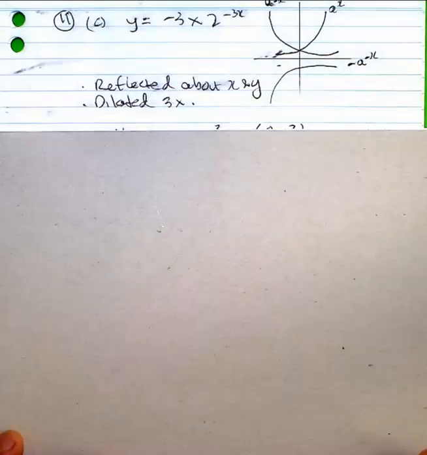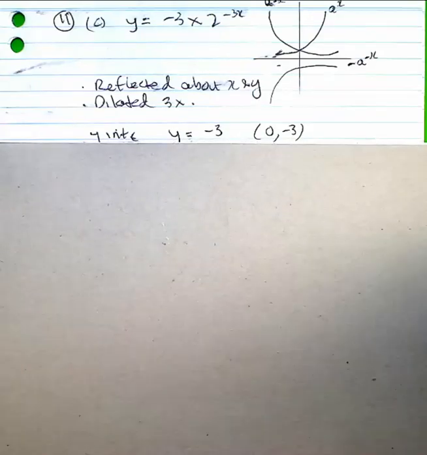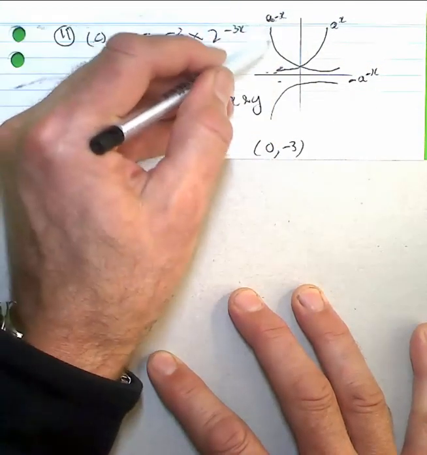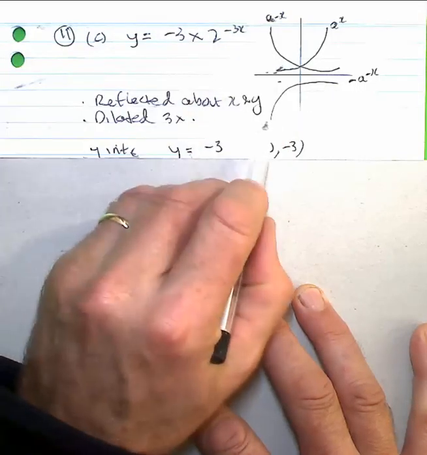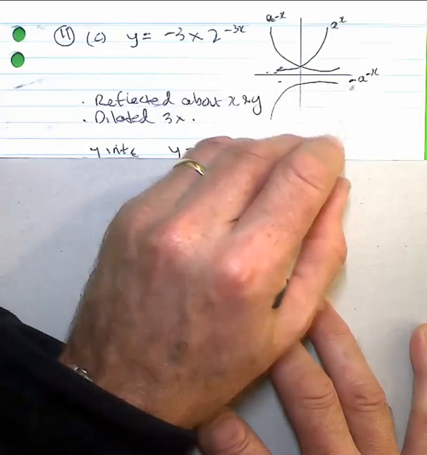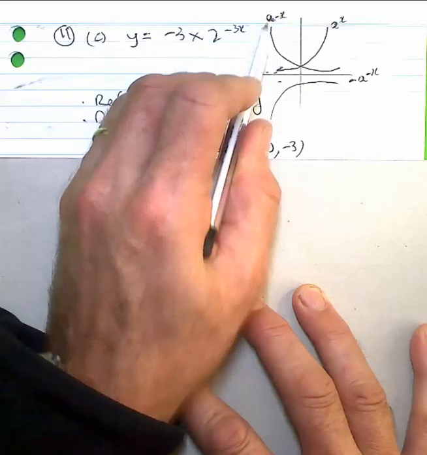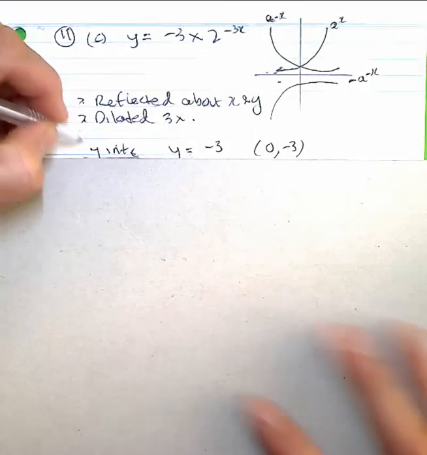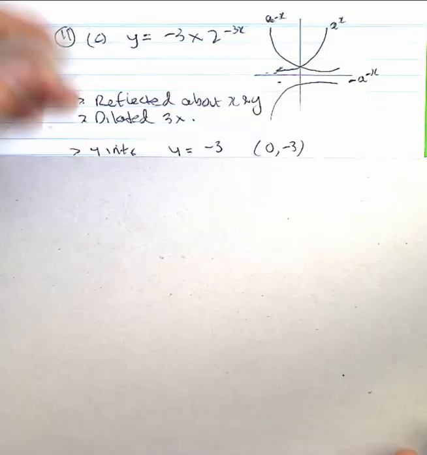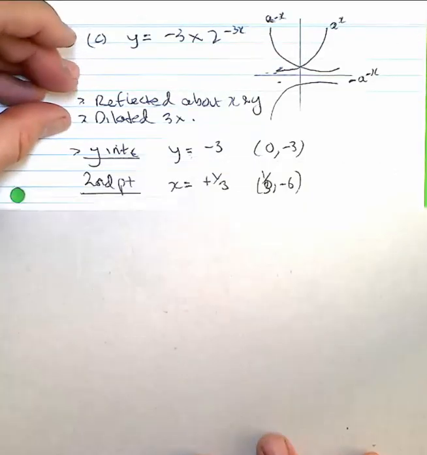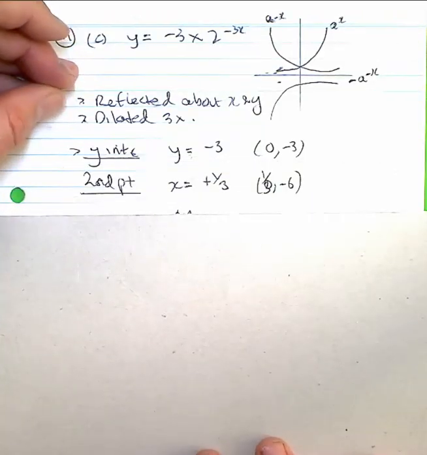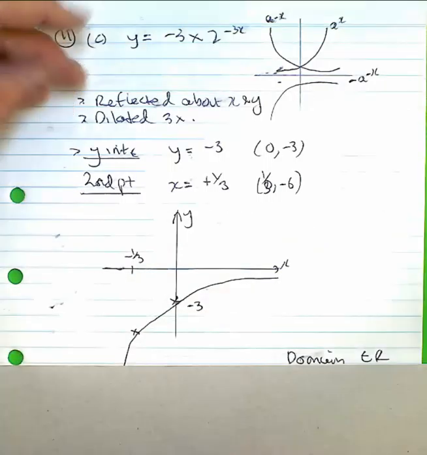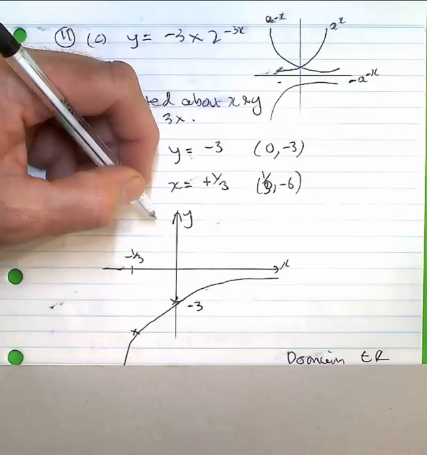Looking more quickly at 11c, you can see how we've got the a to the x, a to the negative x is reflected in the y, and in turn, this is reflected in the x, the opposite of a to the minus x. So reflected around the x and y, it's going to be dilated 3 times. Finding the y-intercept gives me negative 3. A second point, I've chosen a third, gives me 1, negative 6, and my graph as follows,